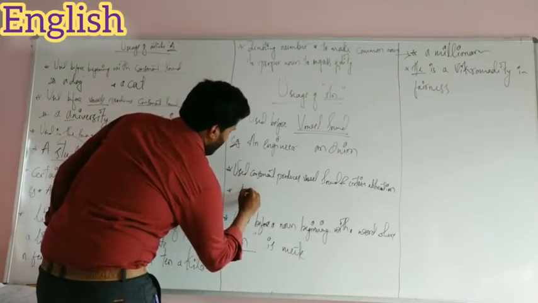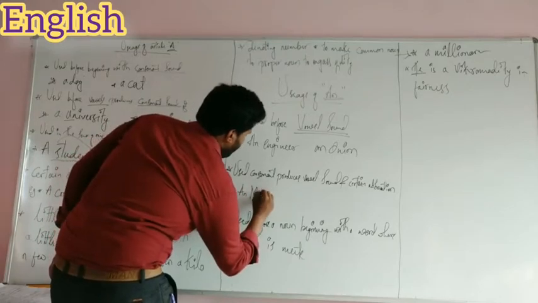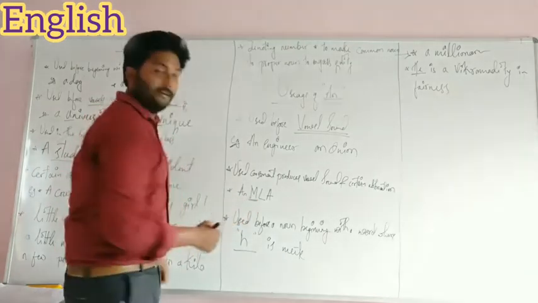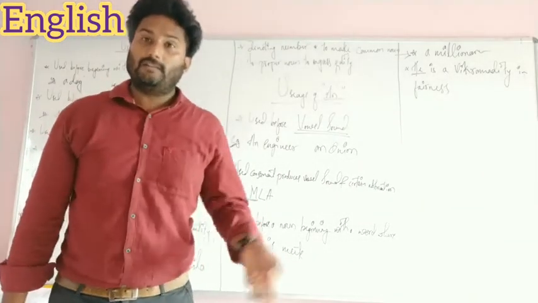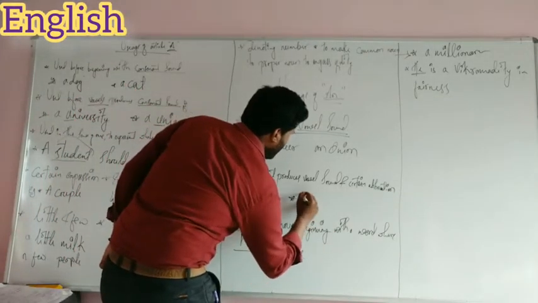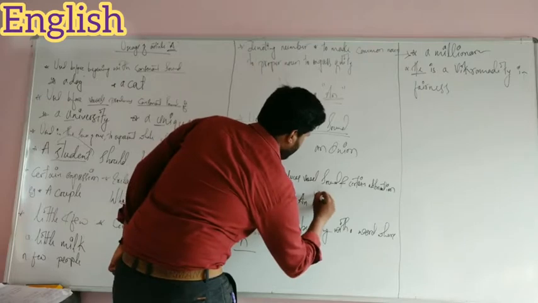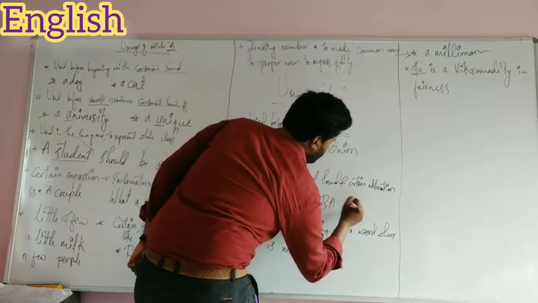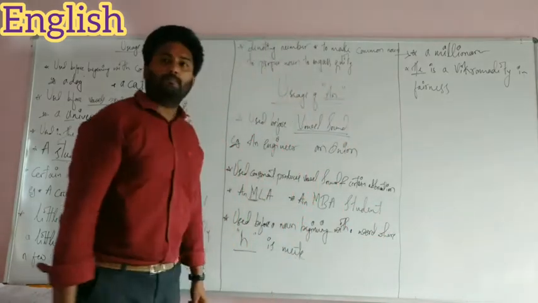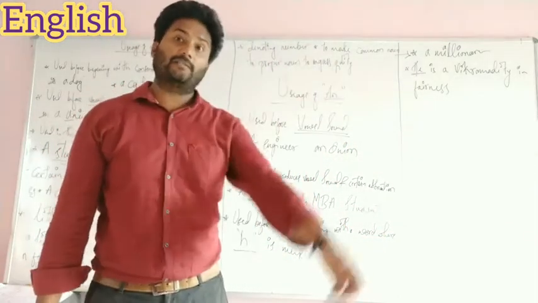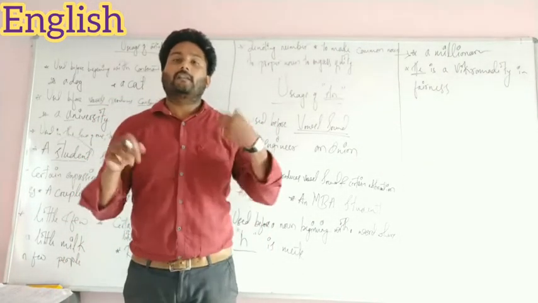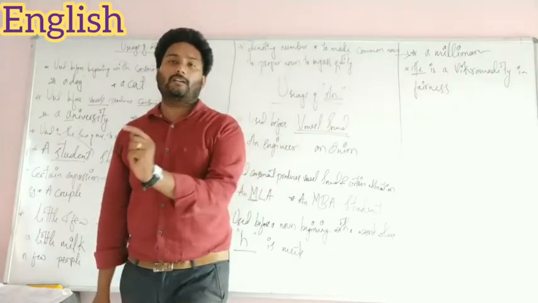Example, and also it is written as a certain abbreviation. Example, an MLA. Okay, a consonant word which produces a vowel sound and it is also an abbreviation. And another example, an MBA student. See, the consonant word which produces the vowel sound. That's why I said these indefinite articles, these words depend on our sounds.